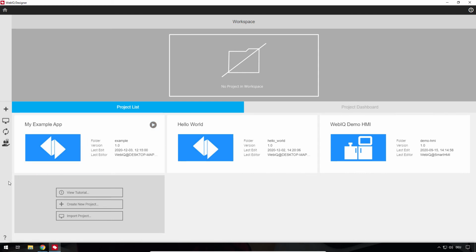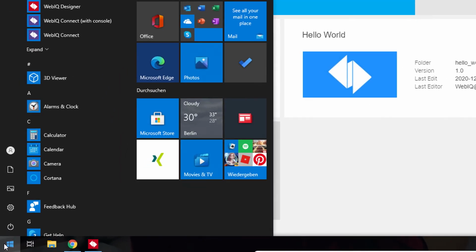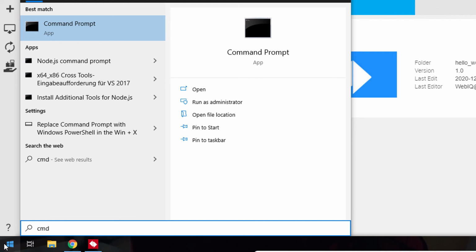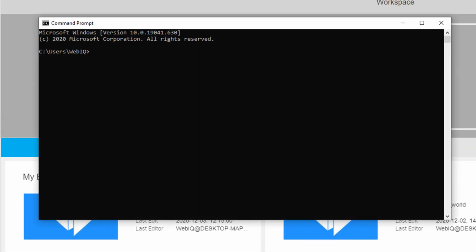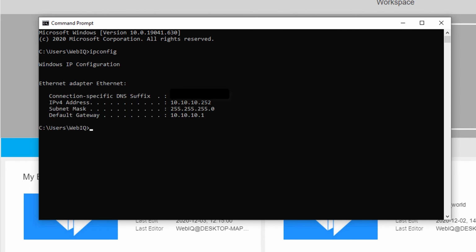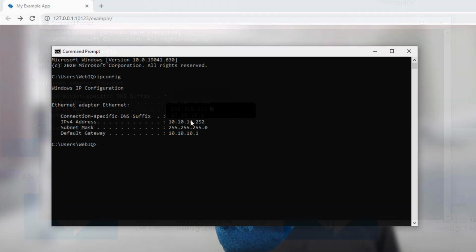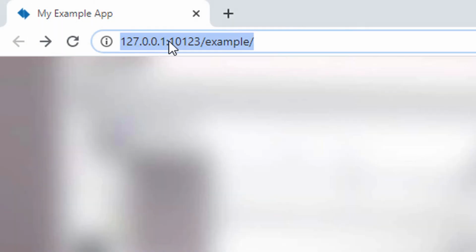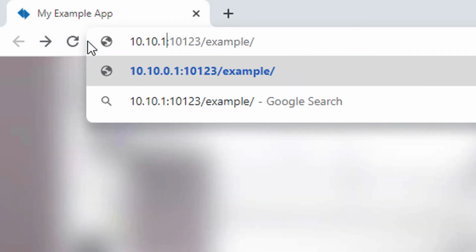To find out the external IP of your system, please open a command prompt by typing cmd and hitting Enter. Then just type ipconfig and you see the IP address of your system. So in this case it's 10.10.10.252. If we go back to the browser and enter this IP address,